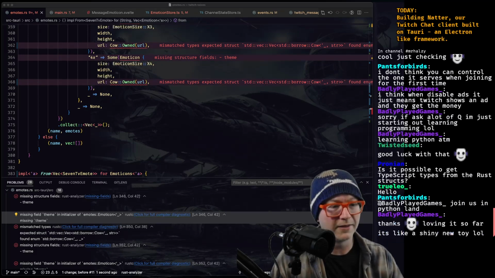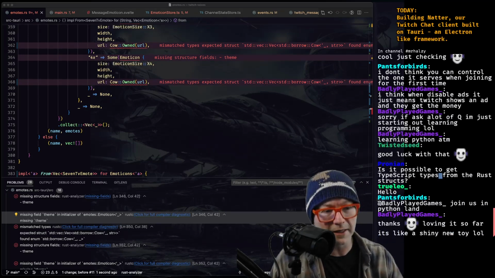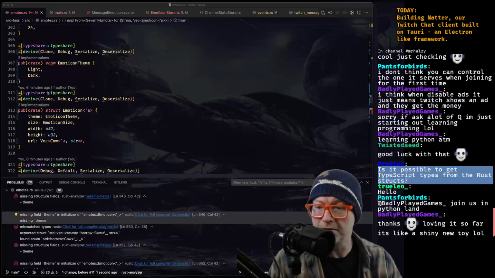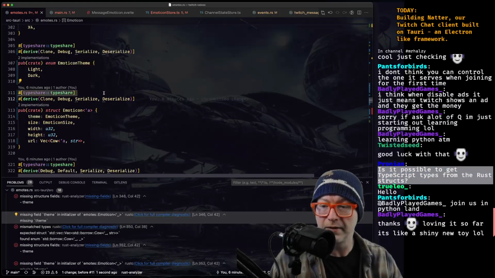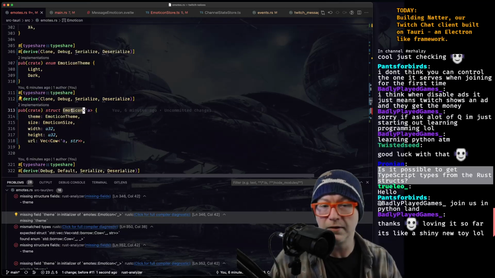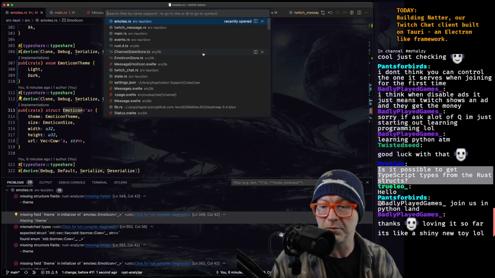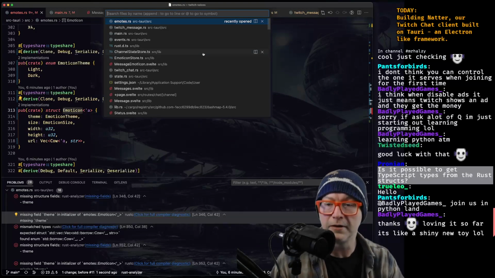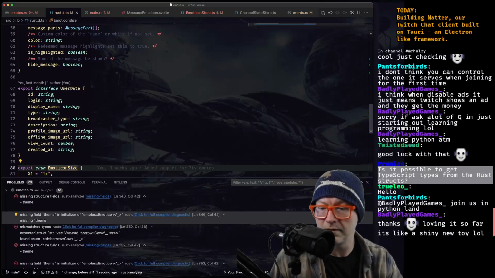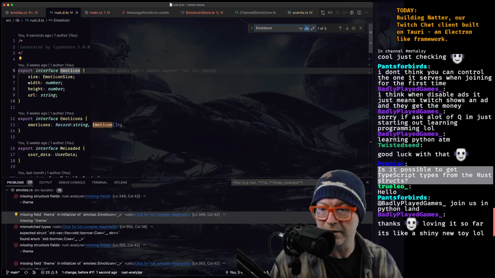Yes. And for the types bit, we're using a project. Let's see if we can find it, called TypeShare. So you can decorate your structs, right? In this case, emoticon, and it will end up, when you configure it, it's not it here.